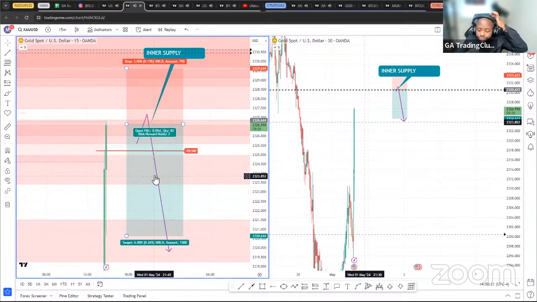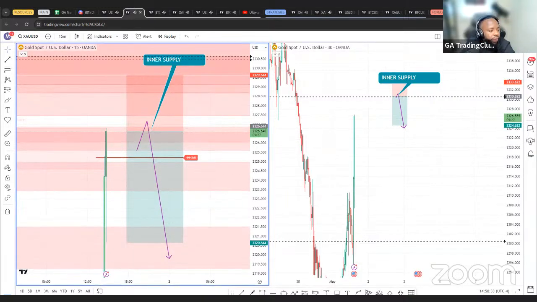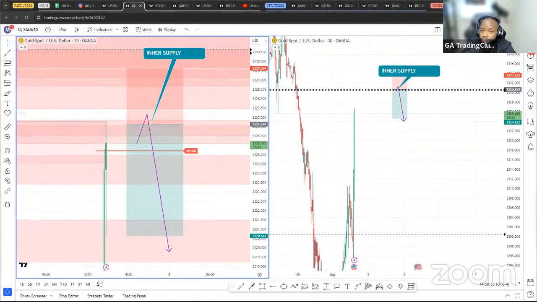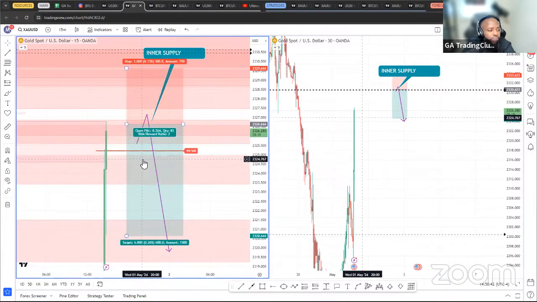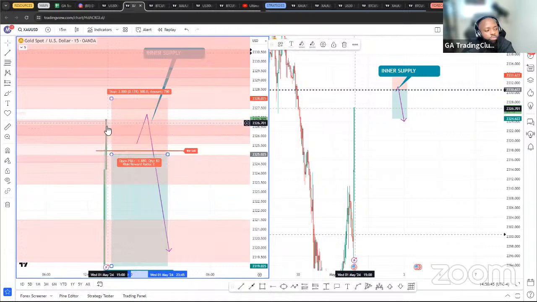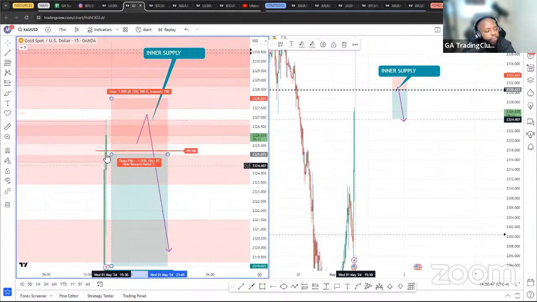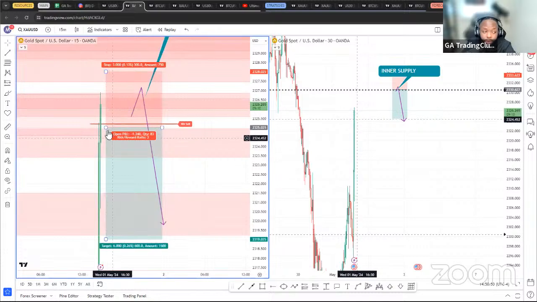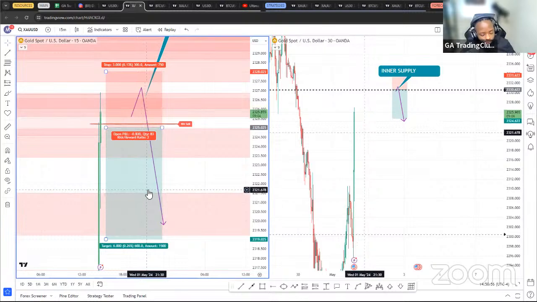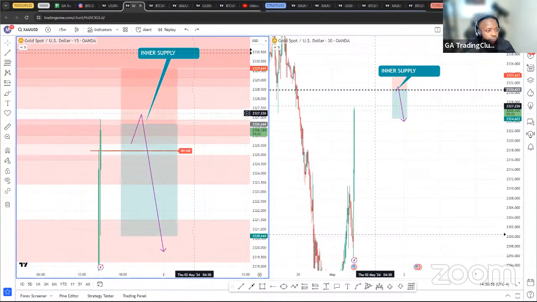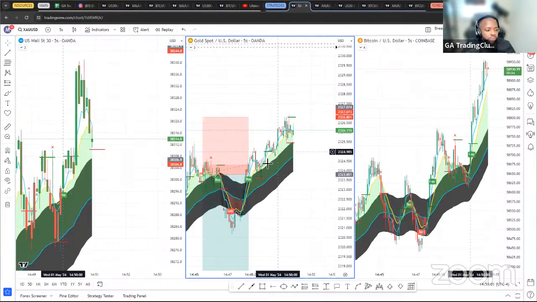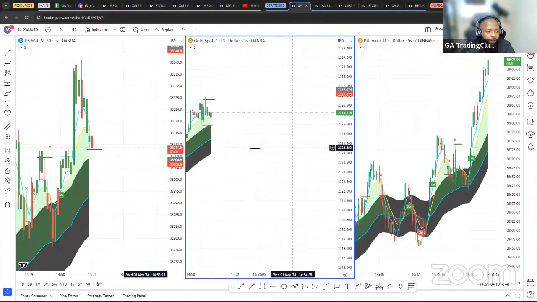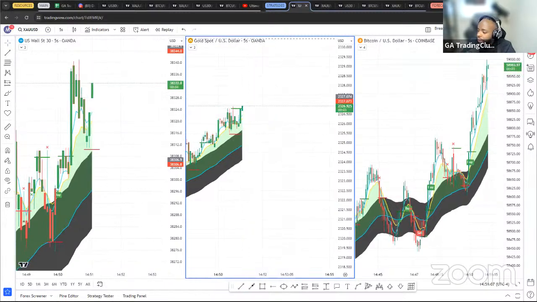But again, if anyone has any entries or confluences for gold for sells based off of where price is at, you can look to take it. But I'm looking to take the 4-hour sell because if this comes back up, then my stop loss will be above the previous high. And then I'll be looking to take price down. And at that point, if we're supposed to reject from here, price should give us a smooth move up. But again, if you have any confluences for a sell, you'll just be looking for that 5-second sell. I'm not taking that, but I'll show you guys when it does